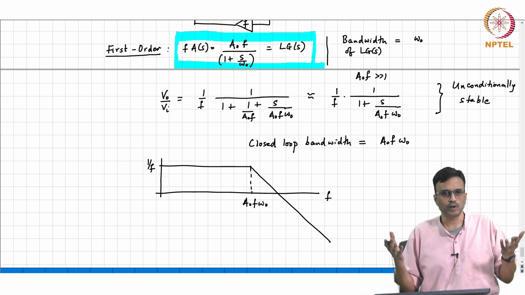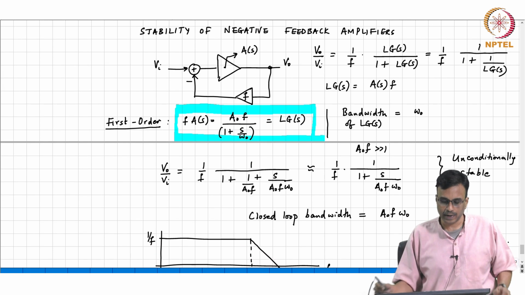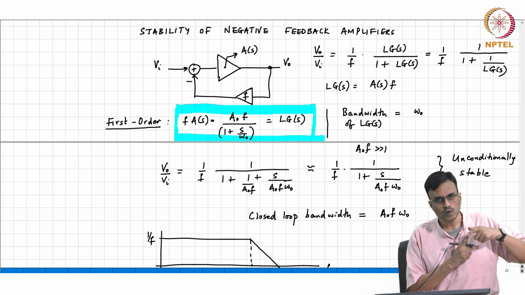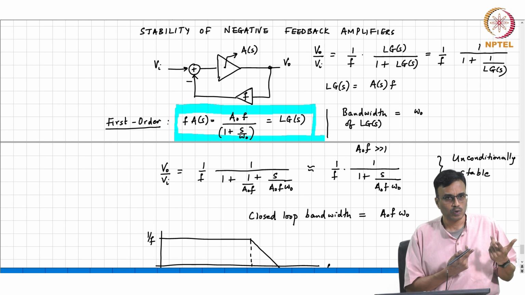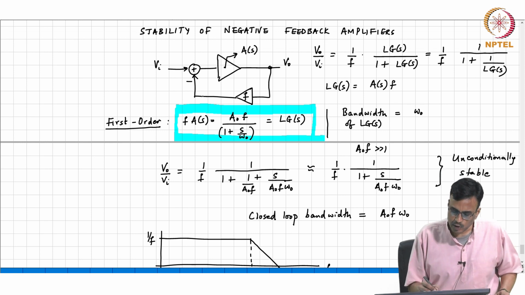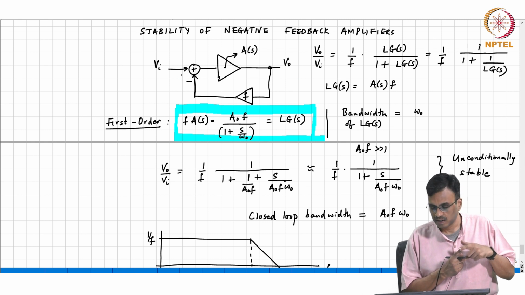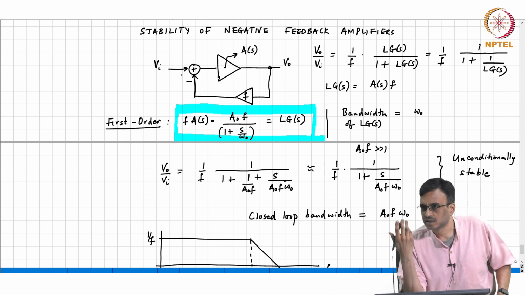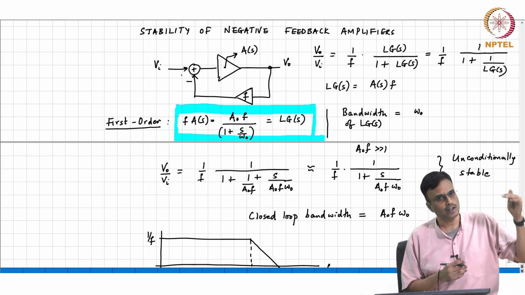And what is the feedback loop trying to do essentially? What is the forward amplifier, or what is the negative feedback loop trying to accomplish? It is trying to make sure that V naught times F is equal to Vi. And that will only happen if the loop gain is very large, right? But here we see that the loop gain is starting to fall off even at omega naught,